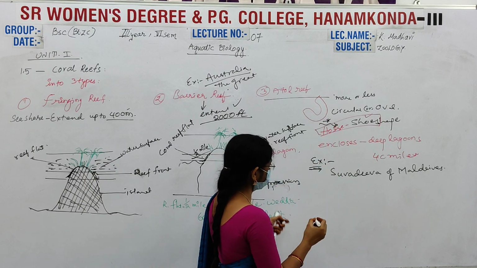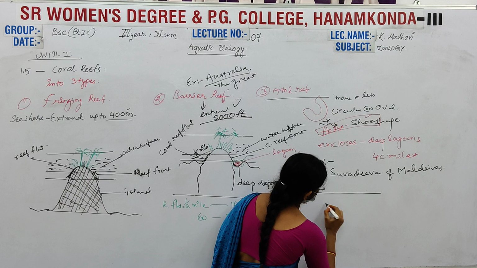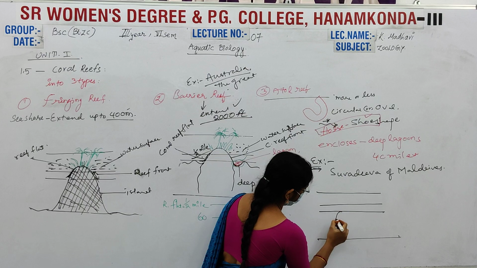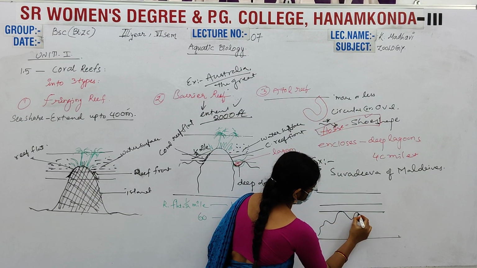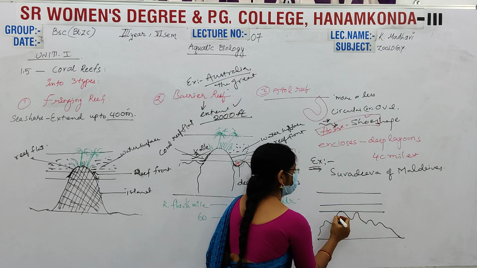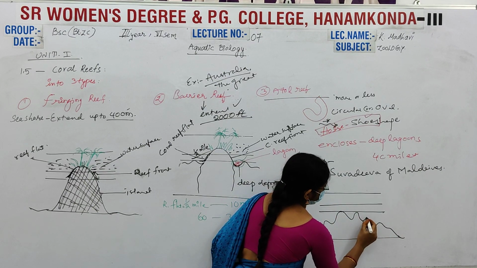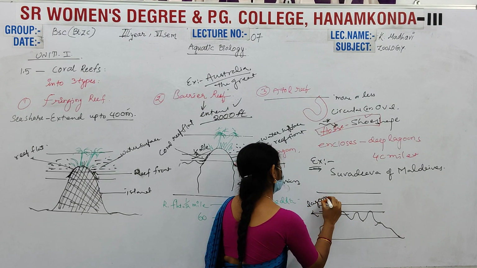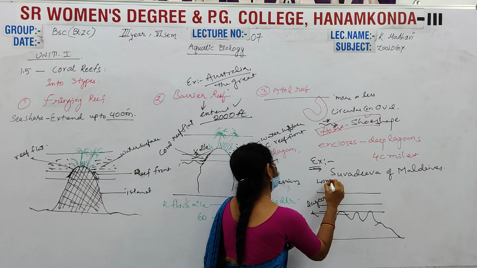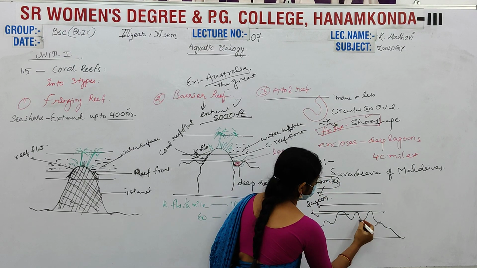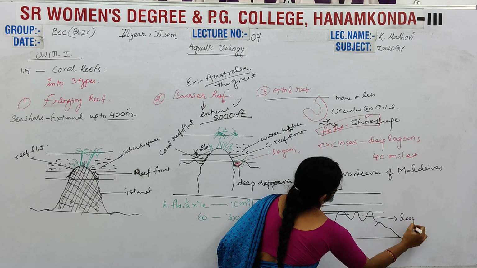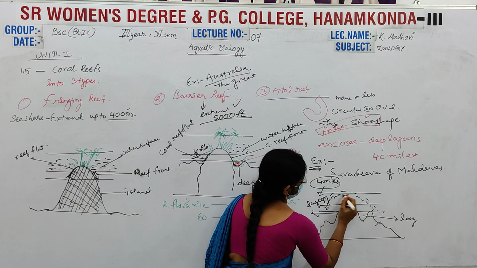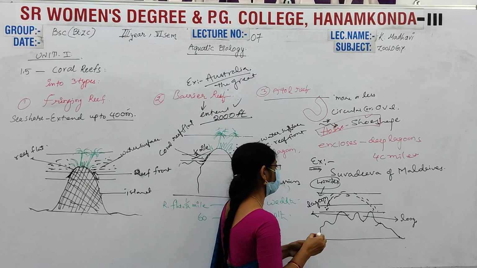Here I draw the diagrammatic representation. These are the water surface levels, and second, here is the bottom. The lagoons are enclosures. This is one of the coral reef lagoons. Their lagoon measurement is up to 40 miles. Here a completely U or semicircular shape appears, with islands.